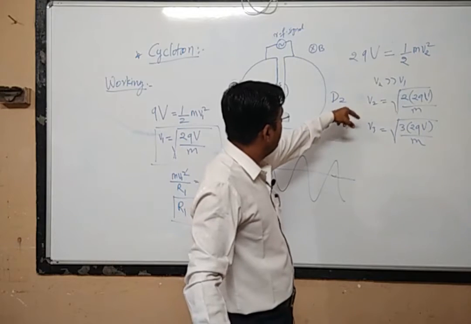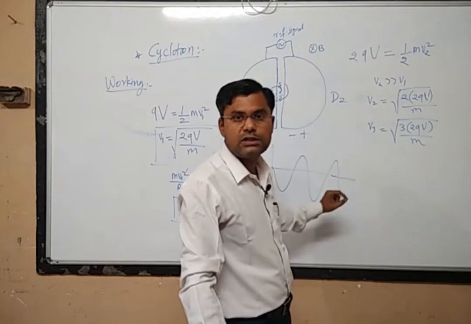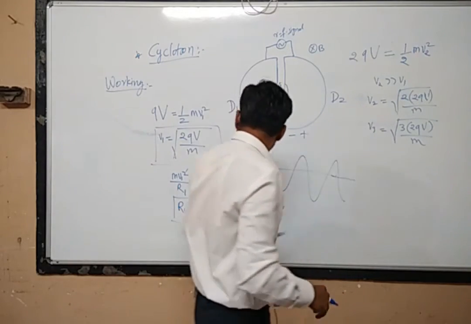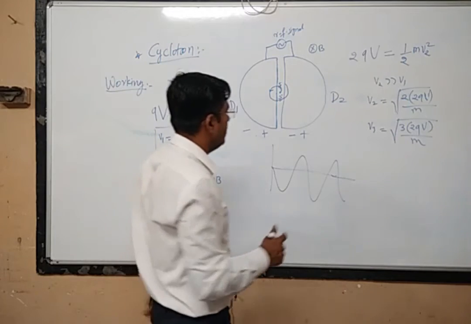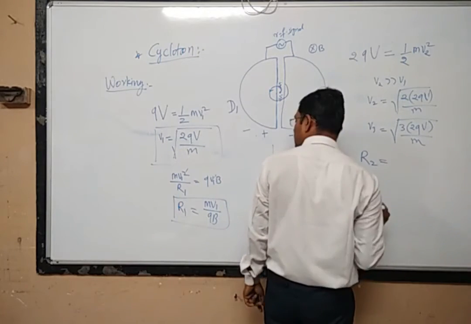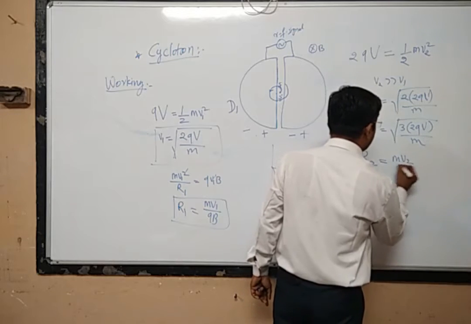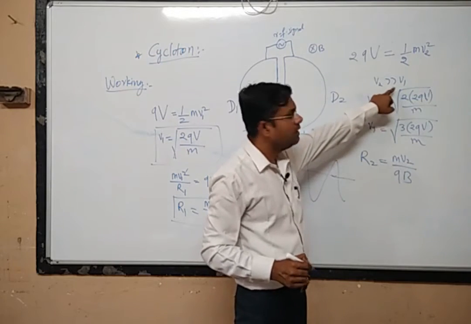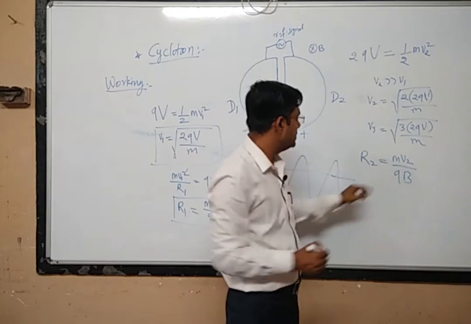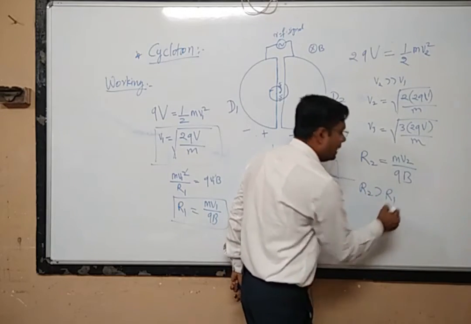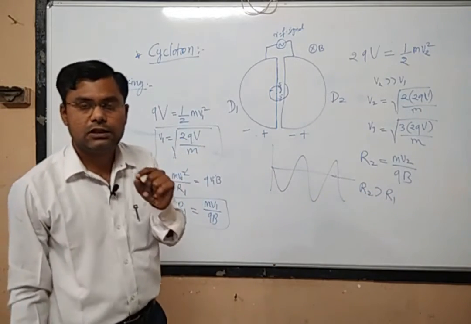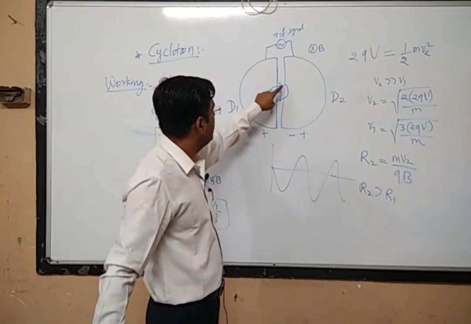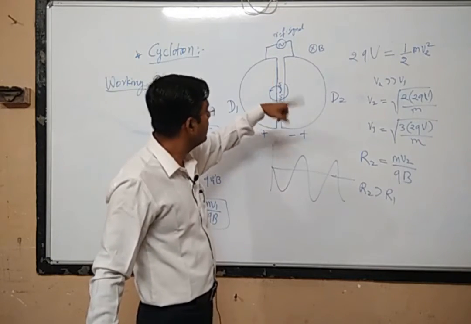But is only this quantity increasing, only the velocity of the charged particle? Remember that when the velocity of the charged particle is v2, what is the radius of this circular path? The radius of the circular path will be denoted by r2, and r2 will be equal to m times v2 divided by qB. Now we already know that v2 is greater than v1. So if v2 is greater than v1, it means that r2 will be greater than r1. So the radius of the circular path also continuously goes on increasing. During every rotation the velocity also increases, and during every rotation the radius also increases.